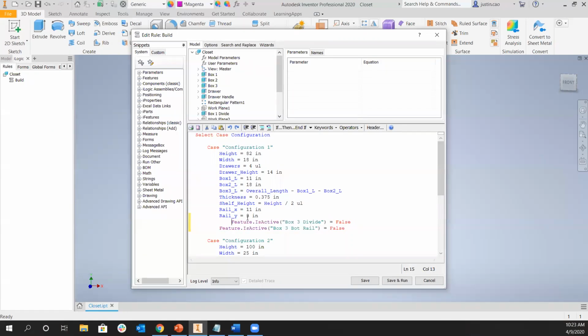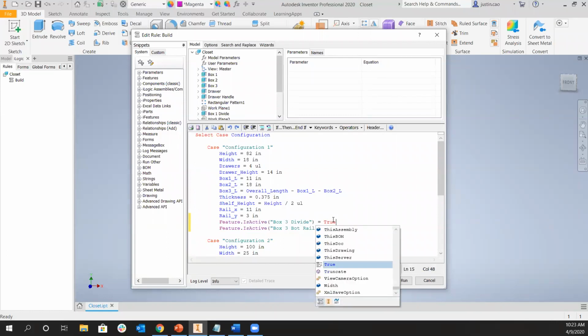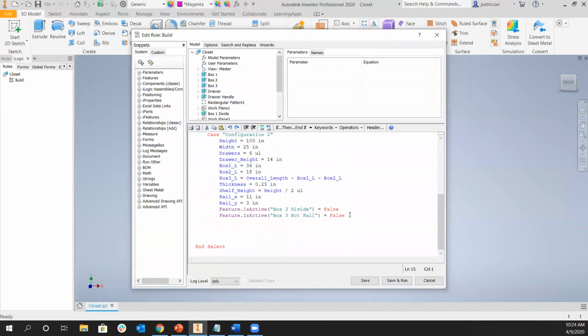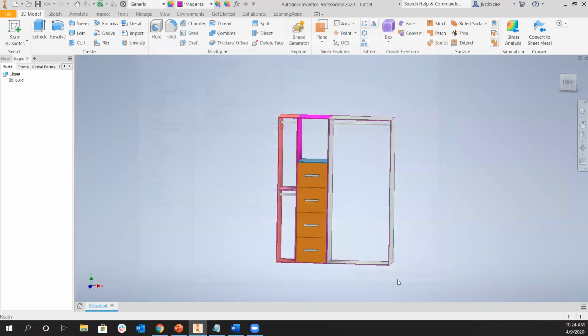And let's go ahead and format that real quick. We want to make sure that they're true here because we don't want them to turn off in this case. So here in configuration 1, these 2 features are going to be unsuppressed. And in case 2, these 2 features are going to be suppressed. So if we save and run,